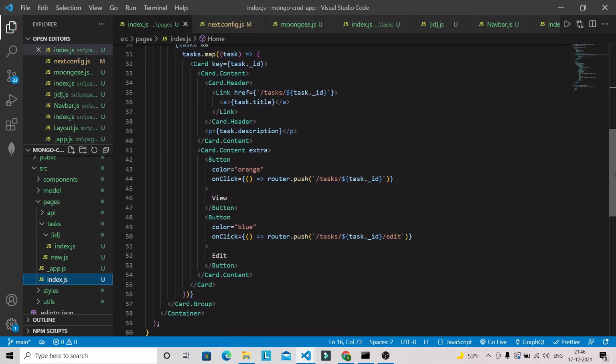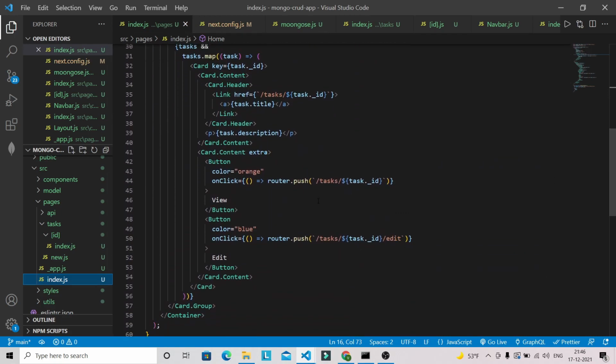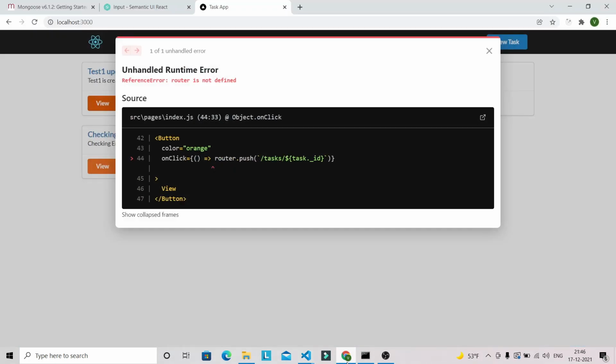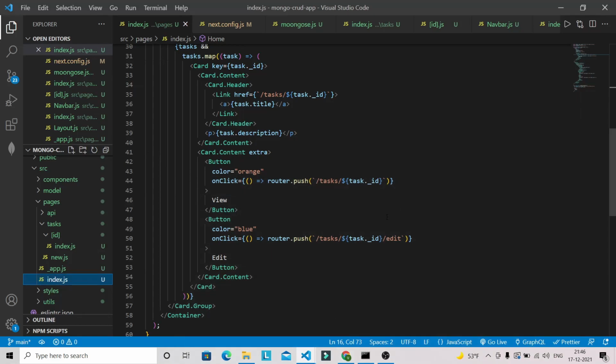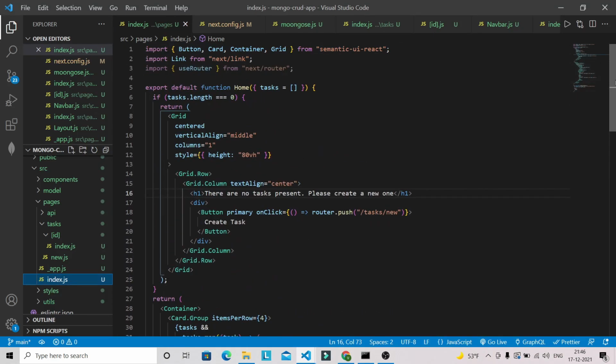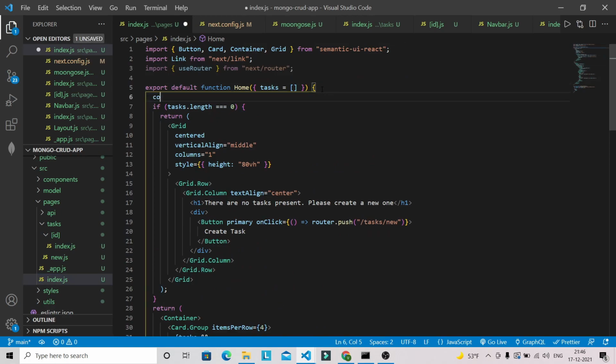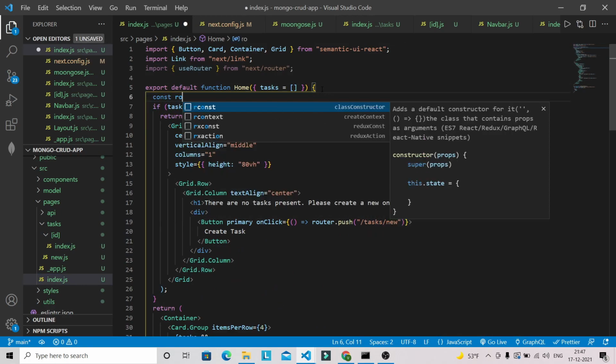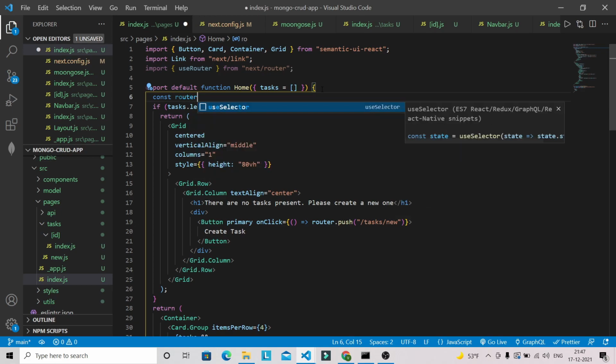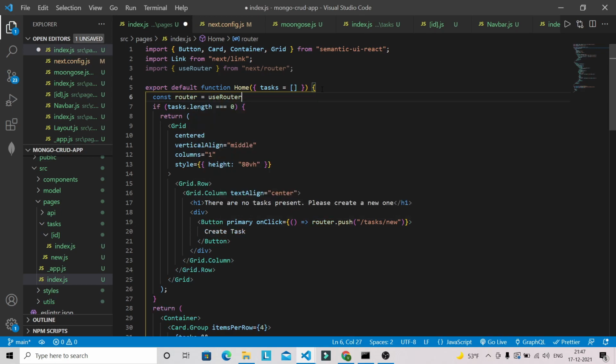Let's see what the issue is. Router is not defined. We have used useRouter, but we haven't stored the reference of useRouter into a router variable. That's why it's giving that error. So let's do that.